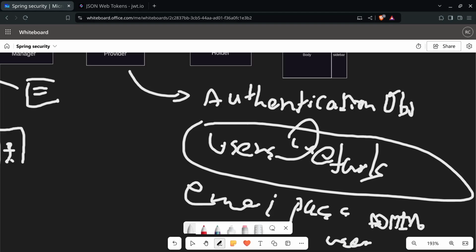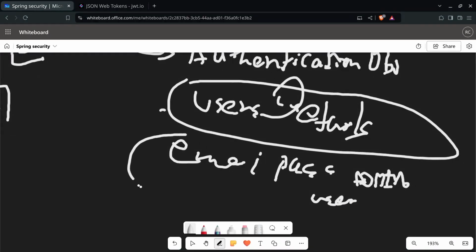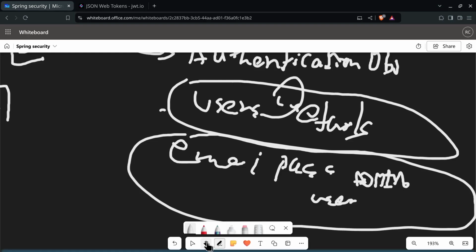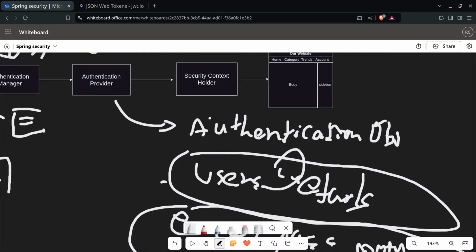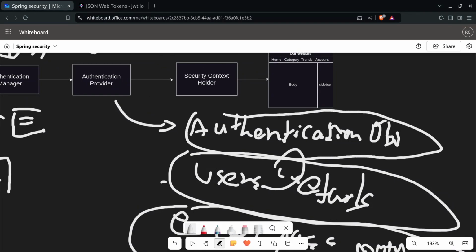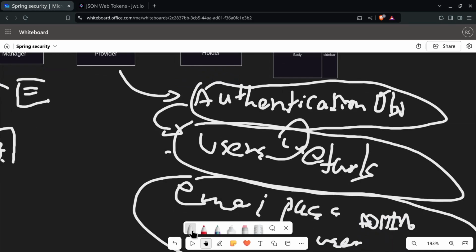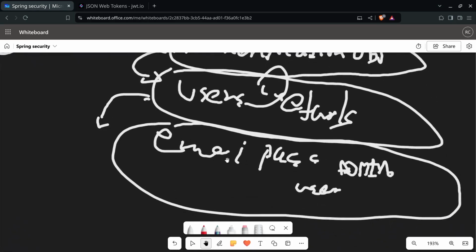Yeah, so this user details will be holding everything. It will hold everything so that we can authenticate ourselves in. And this authentication object will be holding this user details. So basically, this authentication object holds this user details, and this user details holds everything about us, like our emails, our